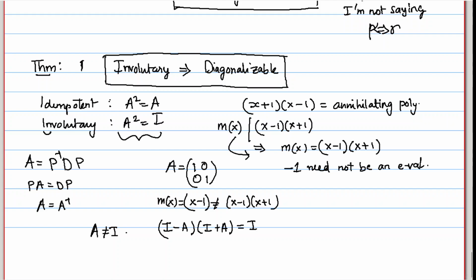You can say that I plus A is equal to, you have to write zero on the right hand side, right? Oh, sorry, yes, 0. Right. That doesn't work. Let me think about something else. Okay, what if,